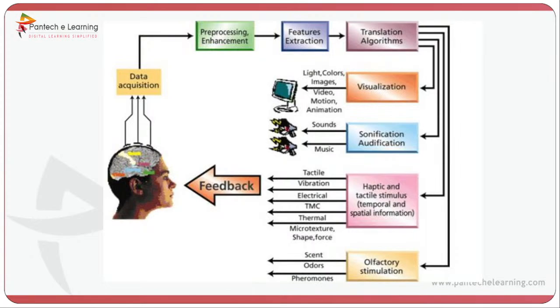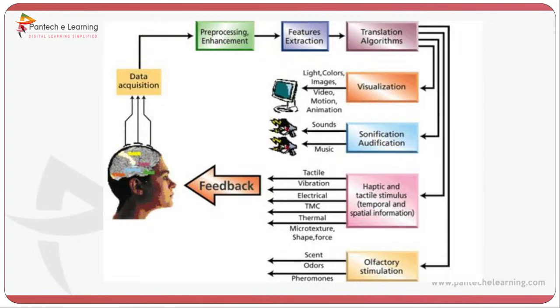Okay, so these are the possible ways to figure out your BCI signals. This one is visualization. We are visualizing these BCI waves. Another one is audification or sonification. We are converting the signal into sound or music. You can hear it from your brain, and then you can take it as a physical form of